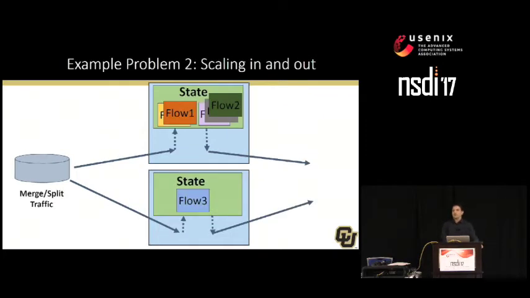Scaling out is also causing problems. We should be able to add more processing capacity as the traffic grows and shrink it when traffic drops. For scaling out, we can't simply direct traffic to a new instance because, similar to the failure case, the state won't be there. So we have to deal with a period of imbalance. Scaling in is also a challenge, as we can't merge devices which are both underloaded, but instead need to wait until all flows have ended. This is difficult with longer-lived flows, such as web apps using WebSockets that are designed to eliminate having to pay a setup penalty for each HTTP request.